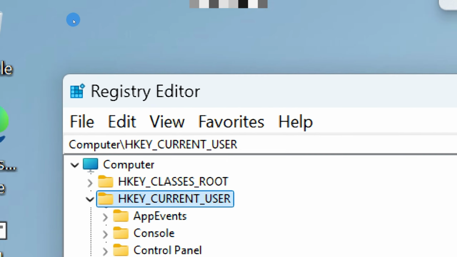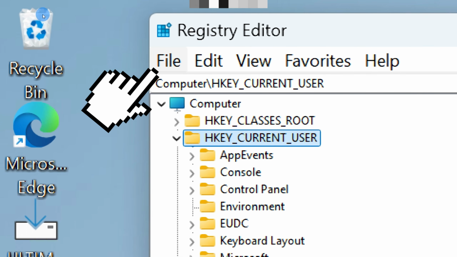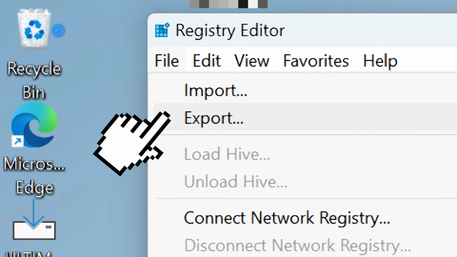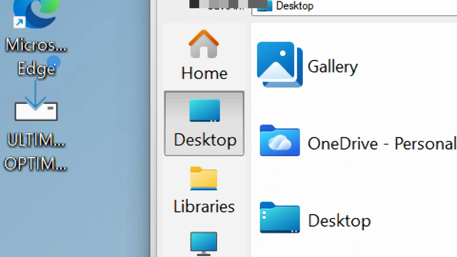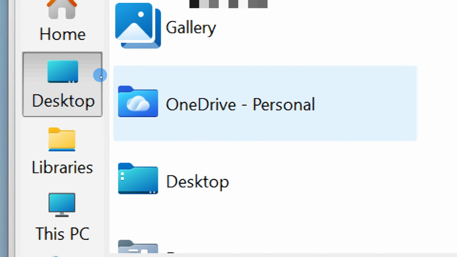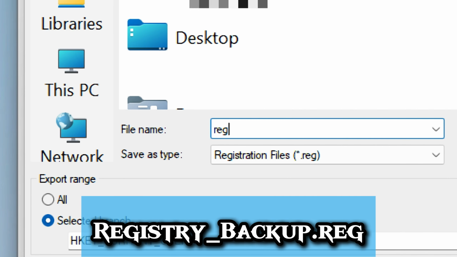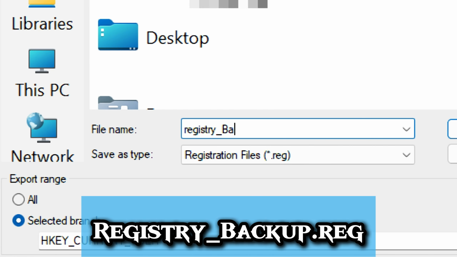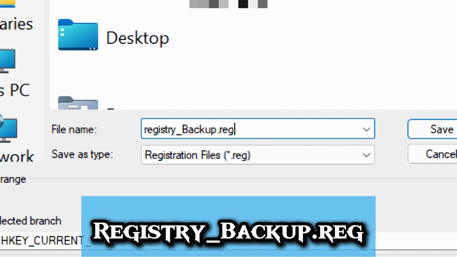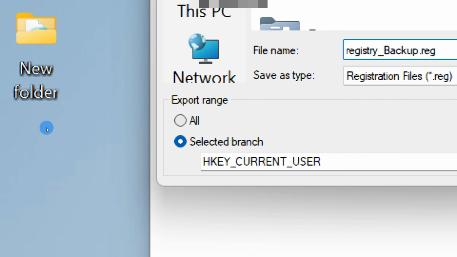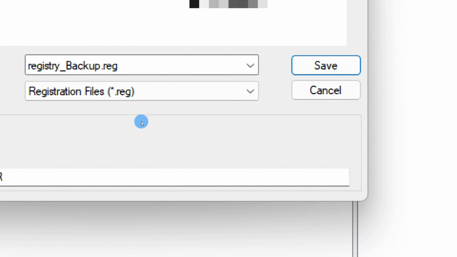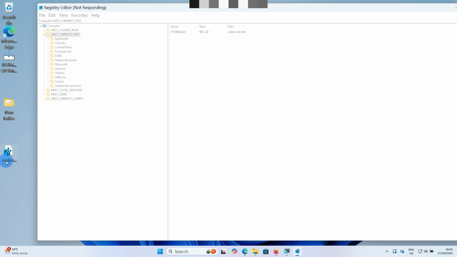At the top left, click File, then select Export. Choose Desktop as the safe location. Name it something like registry backup.reg. And under the export range, select All. Then click Save. You will see a .reg file sitting on your desktop. This is your full backup. If you ever want to undo the optimizations, simply double-click that file, and Windows will restore your previous registry settings